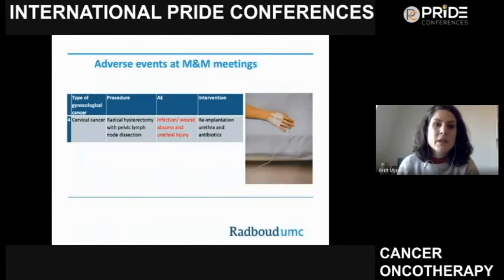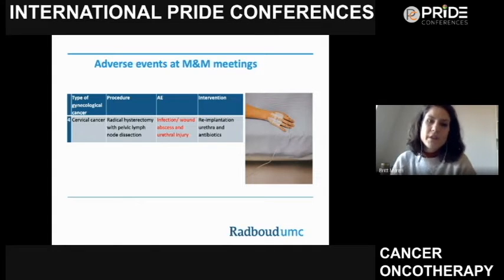a major complication. To zoom in on one of the patients, I spoke with her quite intensely, and she had a wound abscess because the wound got infected, but her urethra was cut. And she was very scared of what happened, because it happened at home, and she was rushed to the hospital, and she had to have a second surgery, and they reimplanted the urethra. And she had to take a lot of antibiotics. It was quite an intense journey for her. However, we were very satisfied that she came to our morbidity and mortality meeting to discuss what happened.